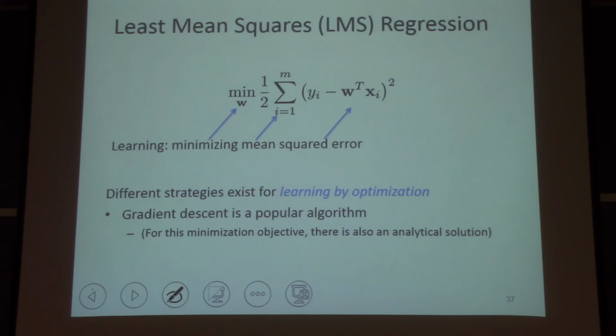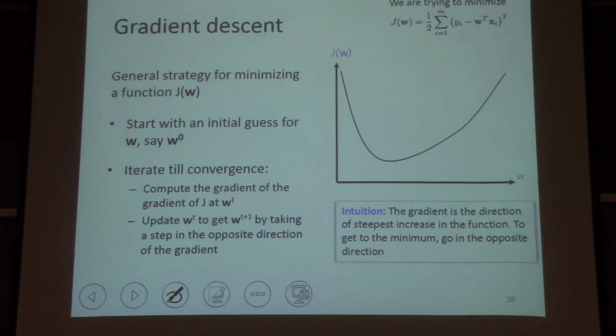So, gradient descent is a general strategy for minimizing functions, and the recipe looks like this. You have some function, and I'm drawing this function on the slide here. This is a function of w, right? The cost is a function of w. You want to find the w that minimizes everything. So you have a function of w to minimize. What you do is, you have no idea, you just guess something, and you look at the gradient of this function at the